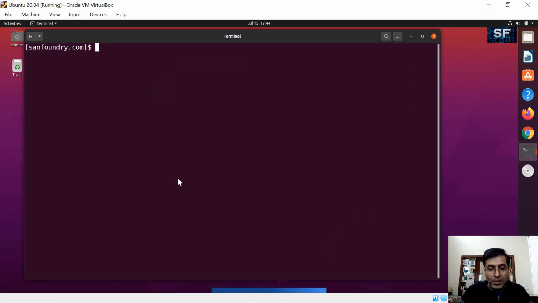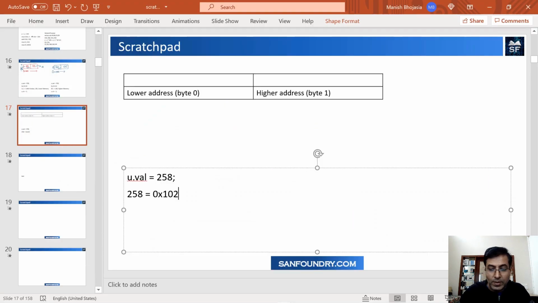So I'll convert it in the calculator. We wanted 258, so let's put an output base of 16. My input is 258 and I get 102. So you can see that it's 102 in the output. Now it's 2 bytes of data: 01 to be stored in 1 byte and 02 to be stored in another byte.